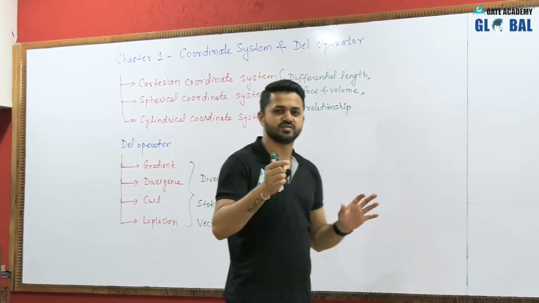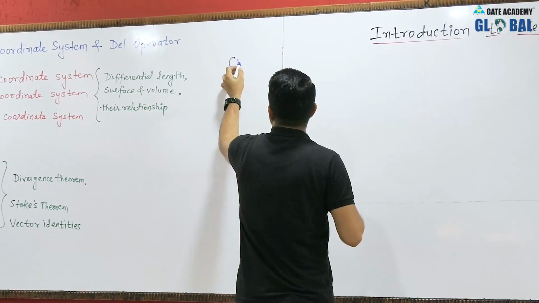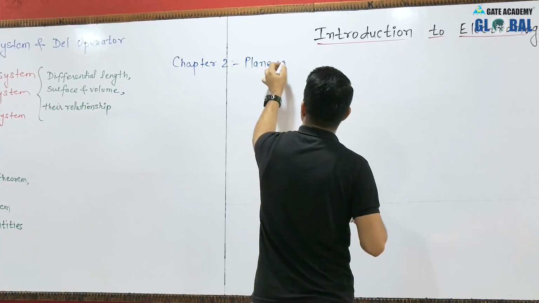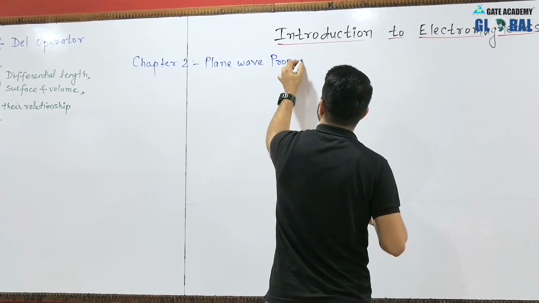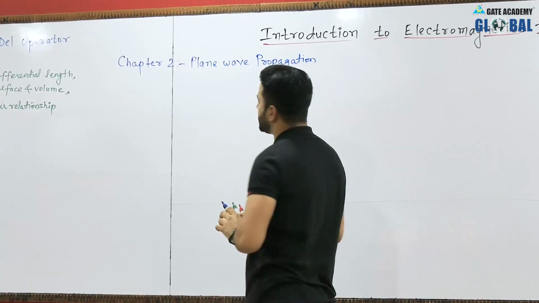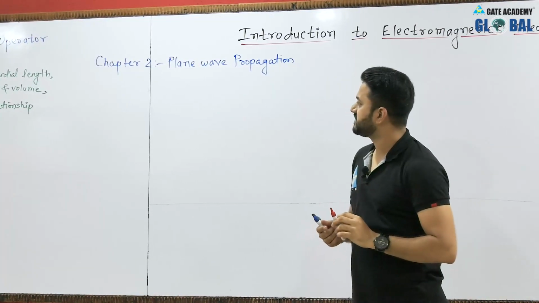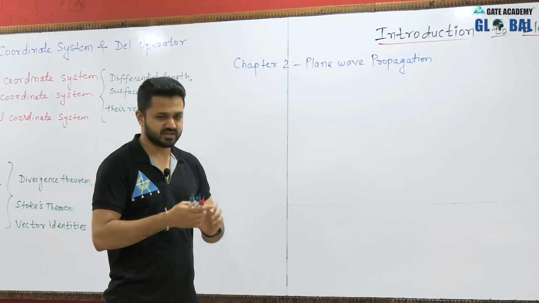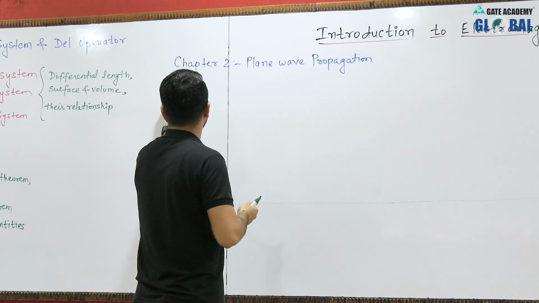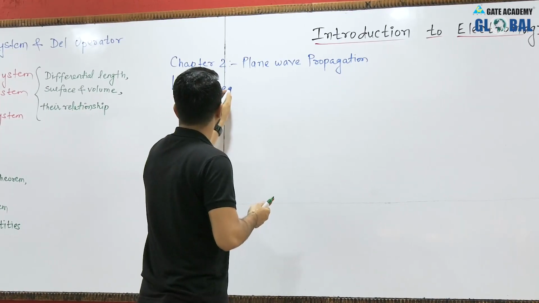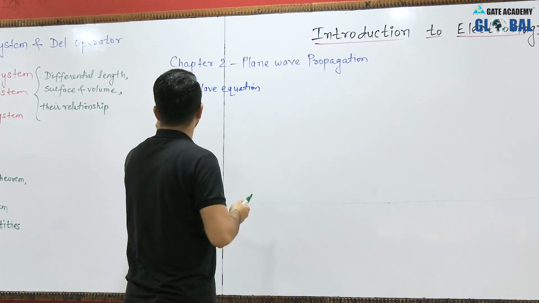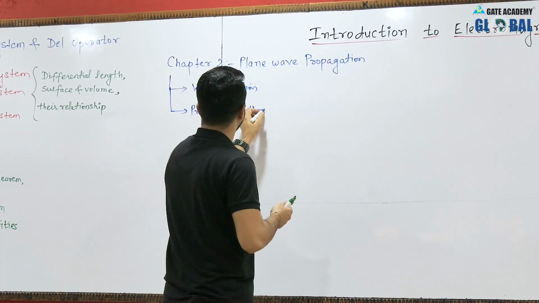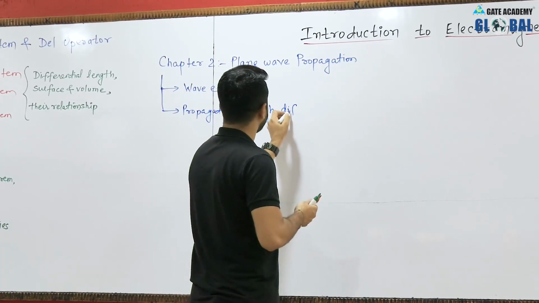So the next chapter you should study is chapter 2, that is plane wave propagation. So what are the topics that we have to cover in this plane wave propagation, or I can say, what are the topics I have covered in this particular chapter. So the topics are wave equation, propagation through different media, propagation of plane wave through different media,